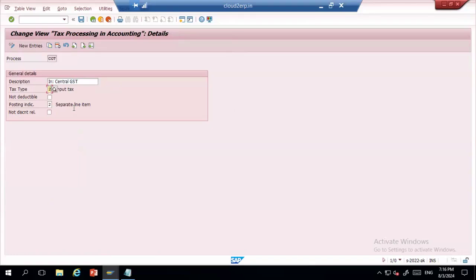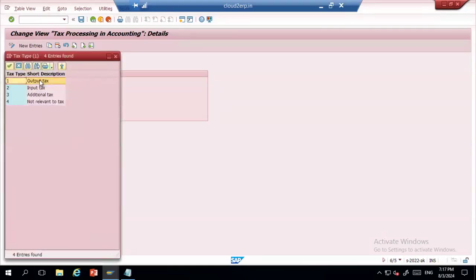And for all output tax, you will have different transaction keys. For non-deductible taxes, you will be assigning the output tax. For normal input tax, you have the tax type which is going to differentiate whether it is going to be output tax or input tax.